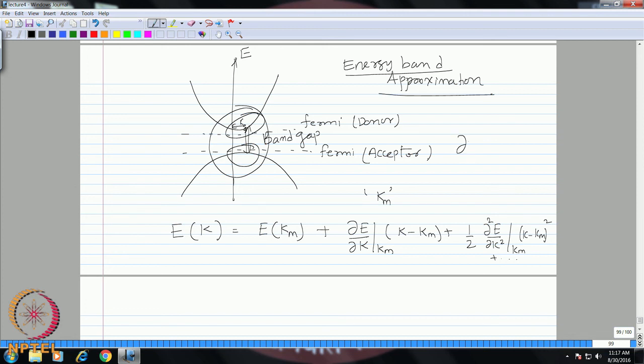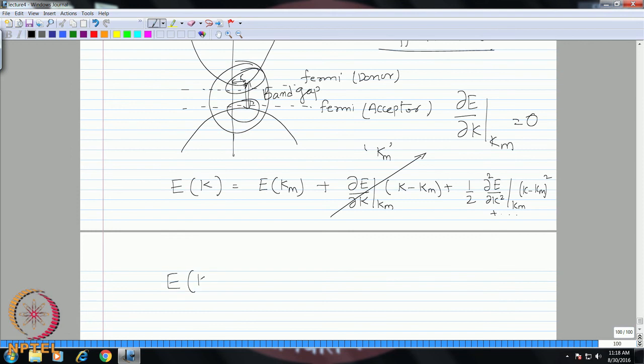So, we have dE by dk at km will be 0. We are now concerned only about the region where we have maxima or minima. So, there we are using the Taylor series, at the point where you have the inflection point. So, this condition should be equal to 0, and therefore,